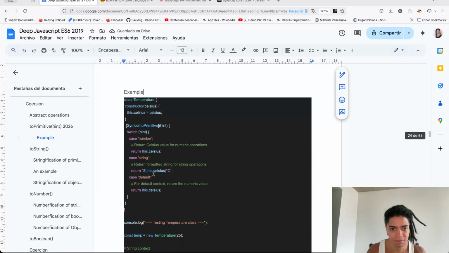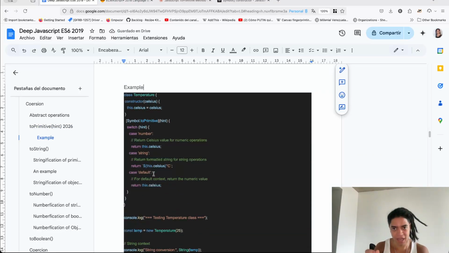This is an example. You can now have access to these abstract operations, and any time that there is a